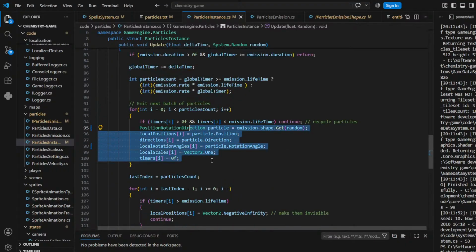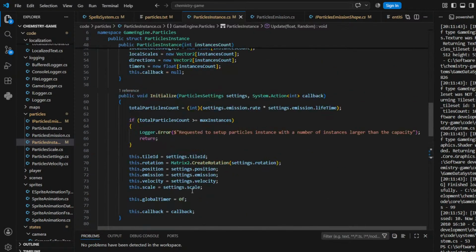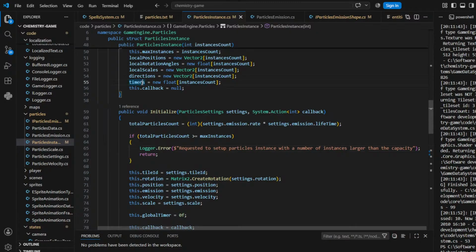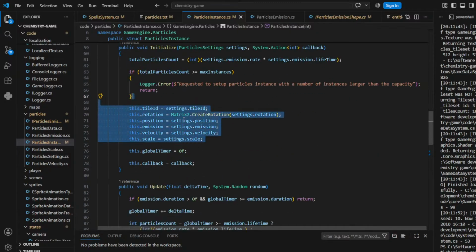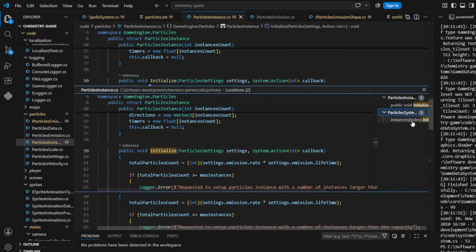When you create a new one, this is what happens. We are passing directions, local scale, timers, and local positions. So directions, rotation, position, and timers. But when we are creating one, initializing one here,